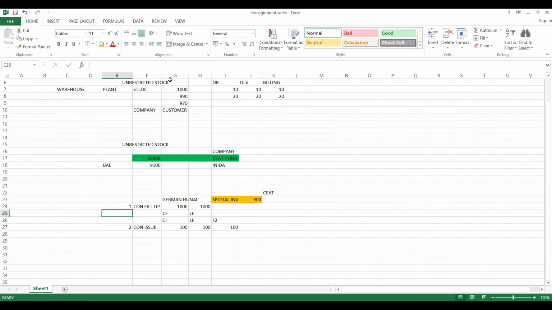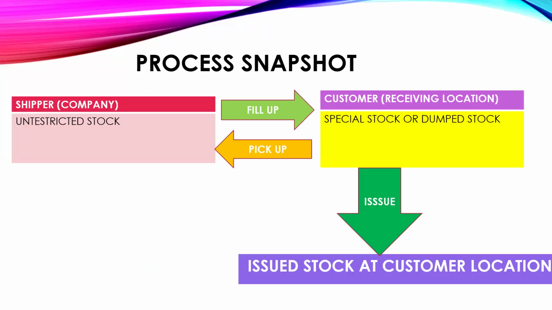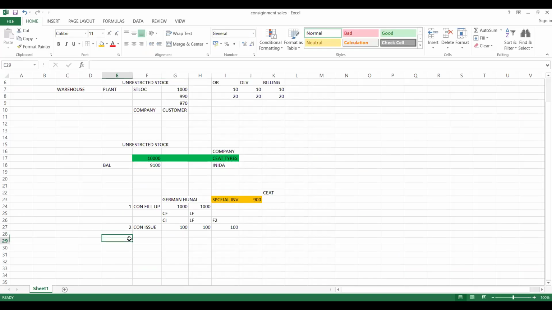So if you go way back to our example in the slide, it is filled as a special stock and dumped, and after that it is issued. That means utilized, for assembling the cars. So the next one is consignment